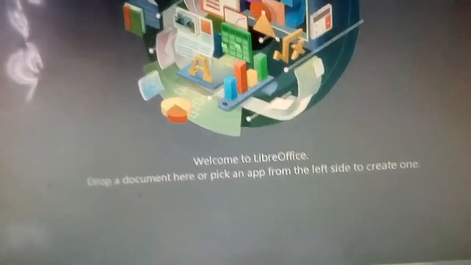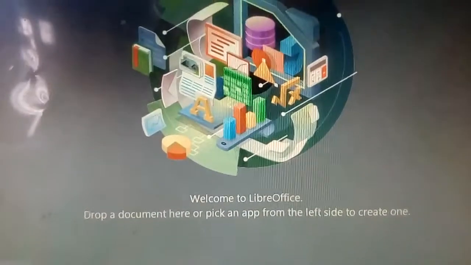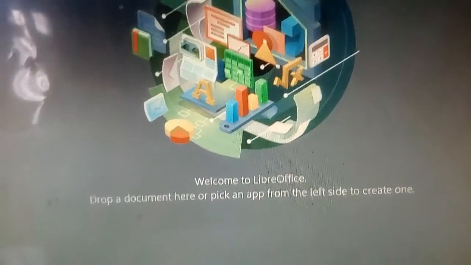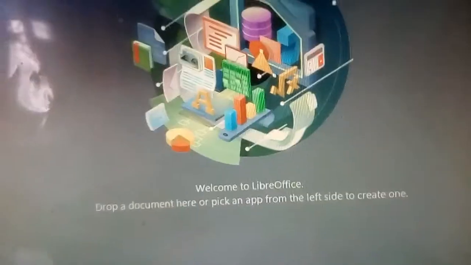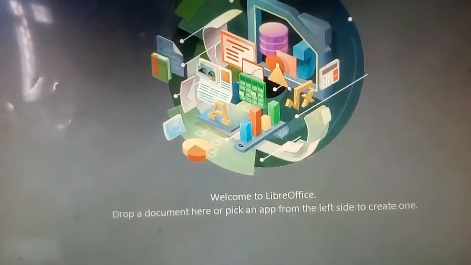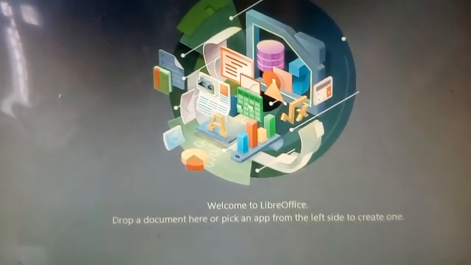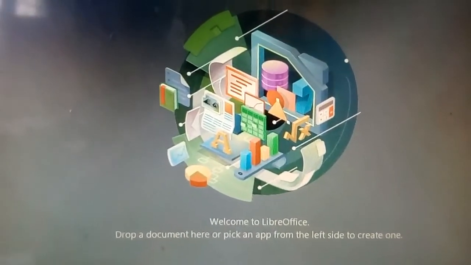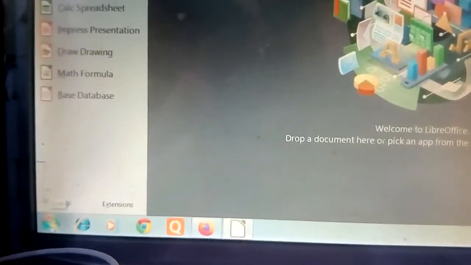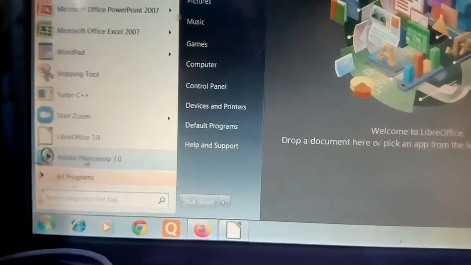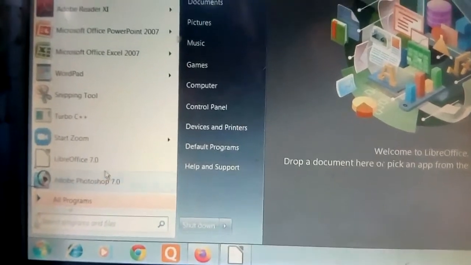Now how will you start? First you have to download LibreOffice. Then suppose you want to create a document. First thing, how will you start LibreOffice? Very simple. First you have to click on the start button, and wherever you have saved LibreOffice, click from there.